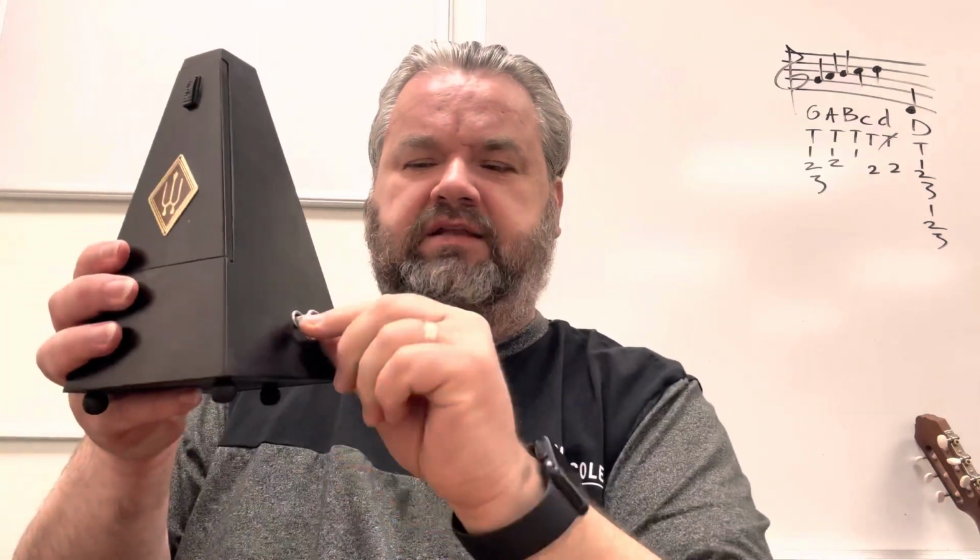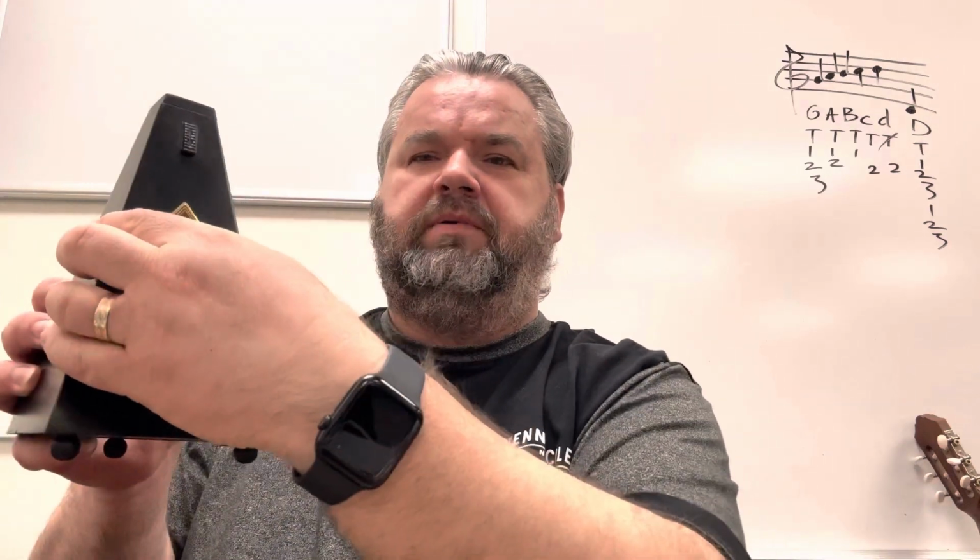So right out of the box, let me put this back in to show you. It'll look something like this. It's a nice thing to put on top of furniture, top of a piano maybe. I'm a guitarist mostly, so maybe on top of furniture or something. And here's the winding key, the button. And when you open it up,